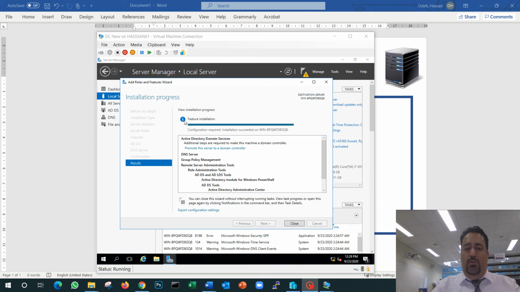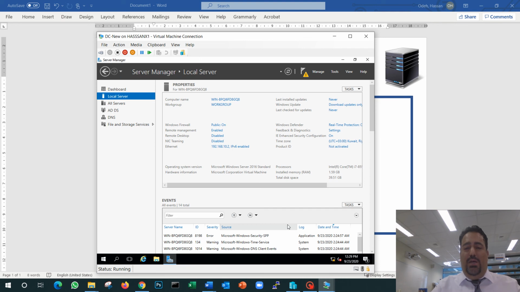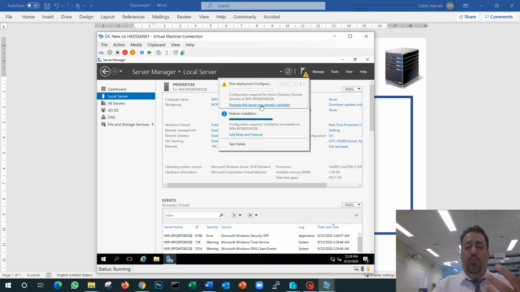And we are back. So now the server installation is done successfully. The IP addresses have been changed successfully. Everything is ready now. I click close. Now I can start promoting my server from just being a normal Windows server to becoming an actual domain controller and configure my domain. So when I click that button, it will start the domain configuration part. That will be a different video. Just wait for me for a few seconds.